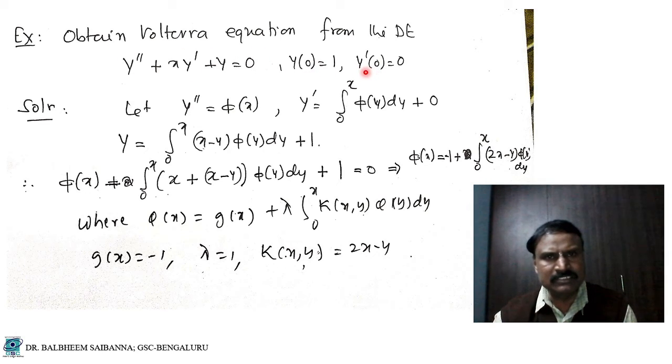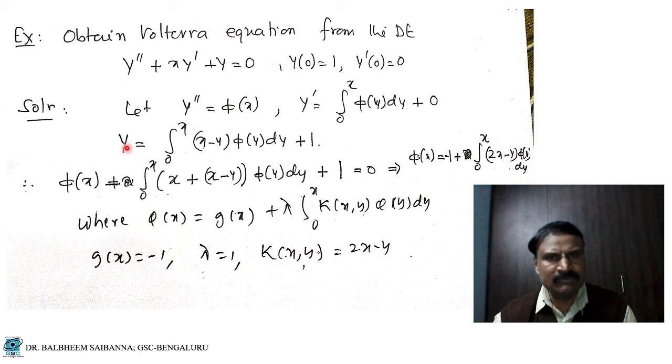These are initial conditions. So here the higher order is y double dash. I took y double dash is equal to phi of x. Suppose a third order is there, you should take that also as phi of x. So y double dash is equal to phi of x. Integrate this over the limit 0 to x. Again here initially 0 to x, phi of y dy. Then how will we get it? This c1 is 0. Why 0? y dash of 0 is 0. Then c1 is 0. Then again integrate this.